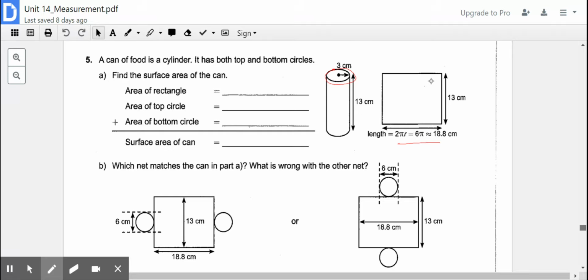So the area of the rectangle is going to be 18.8 times 13, base times height. So use your calculator. 18.8 times 13, and the area of that rectangle is